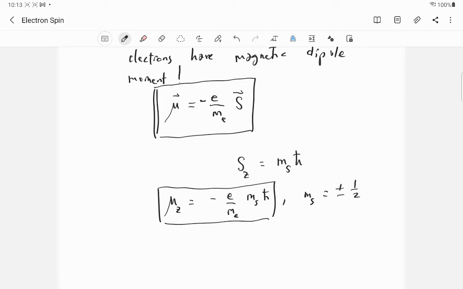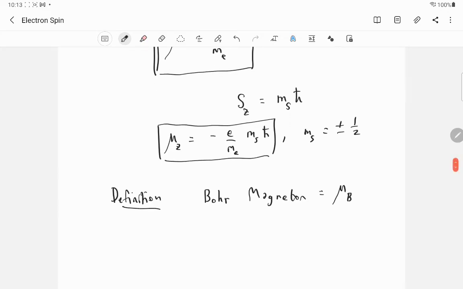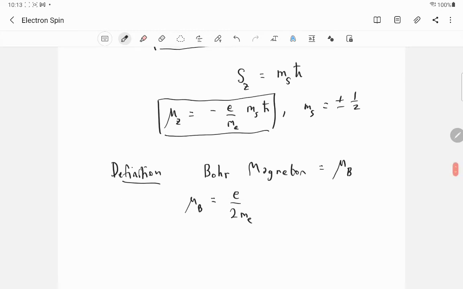Okay, good. So there's one last small piece of definition, and it's kind of historical, but it's actually kind of a cool word. It's called the Bohr Magneton. The Bohr Magneton is given a symbol mu sub capital B, and mu sub capital B has the value of the charge of the electron divided by twice the mass of the electron. And so if you look at what mu sub z can be,